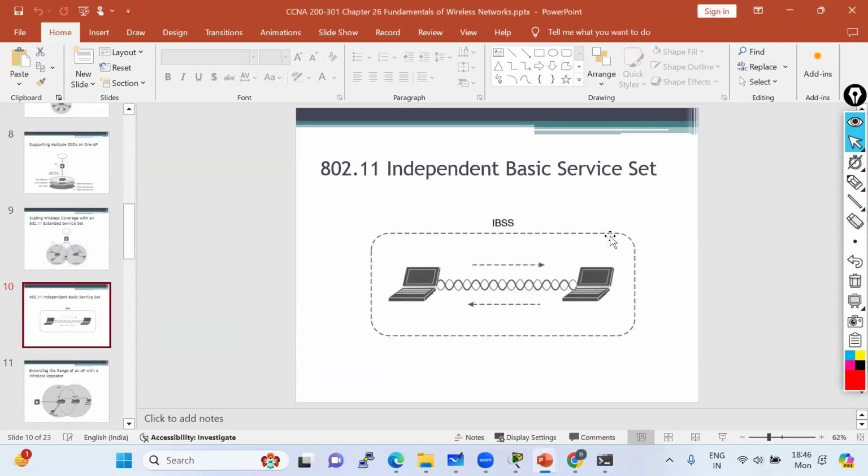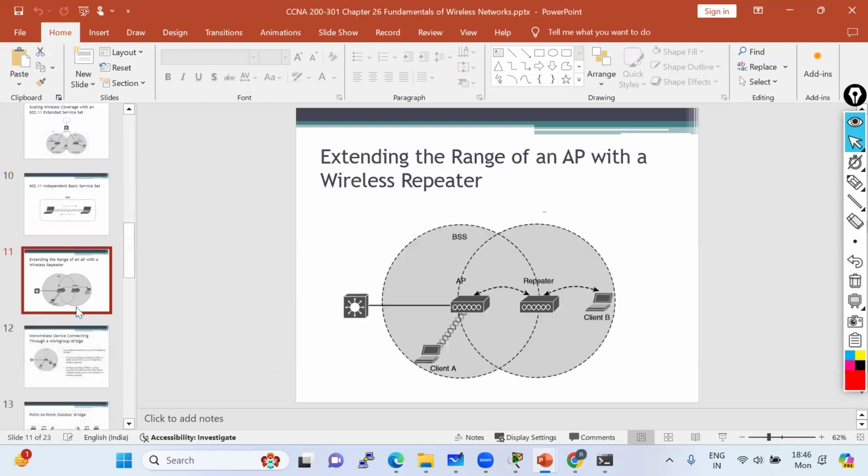So now you can see these are different computers. They can talk to the independent basic service set identifier, IBSS, which means there is a private kind of service set which only two or three devices can communicate on. This is also possible, and you can extend the range as well by using the repeaters we have. Means if your home has weak signals and you want to extend,